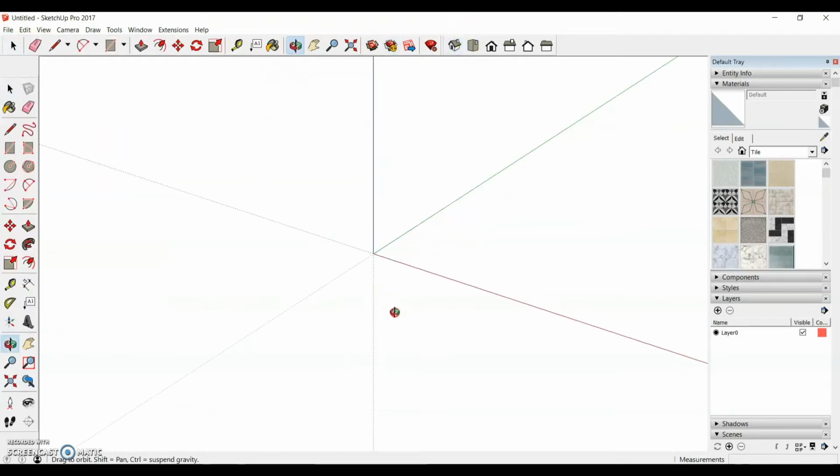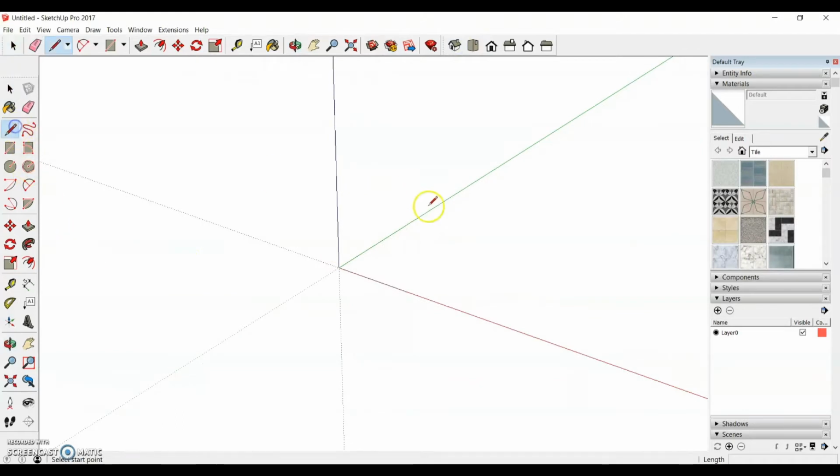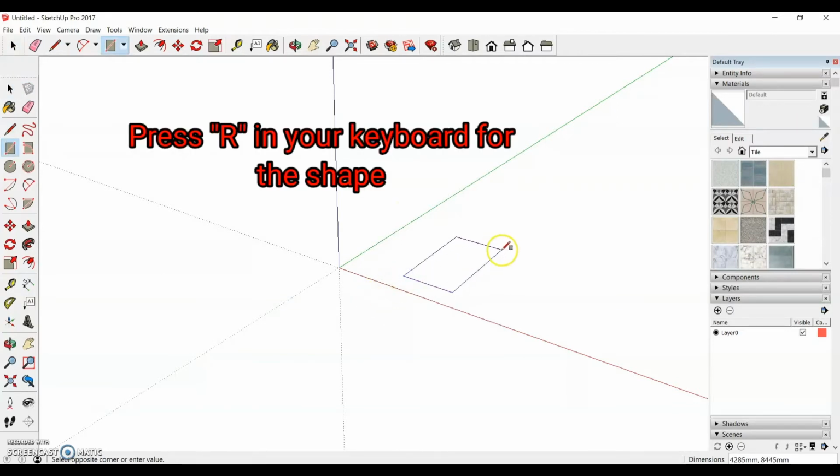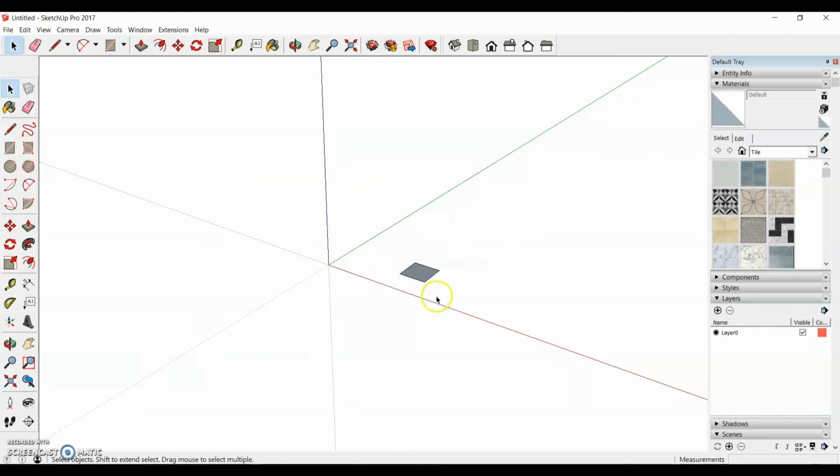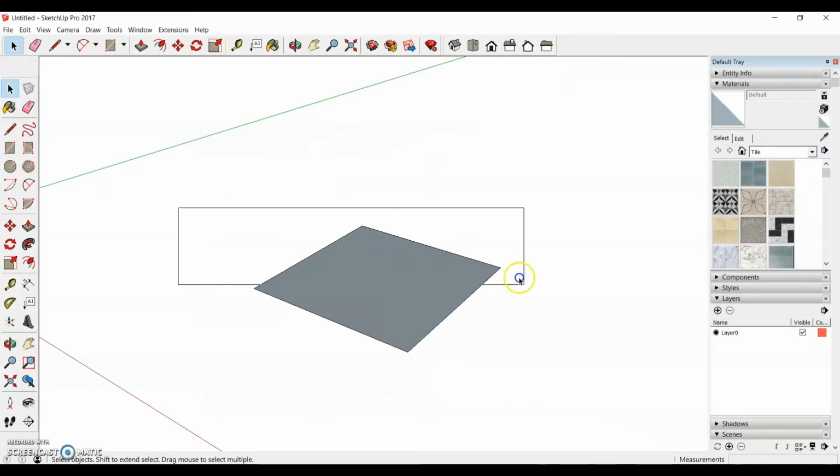Okay, this is an example of using the pencil in making your model, but there's another way to do it by using the rectangle shape. Okay,